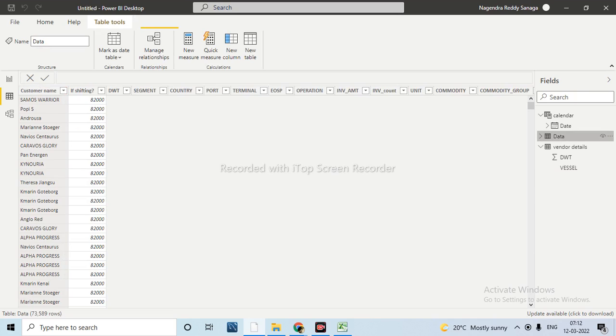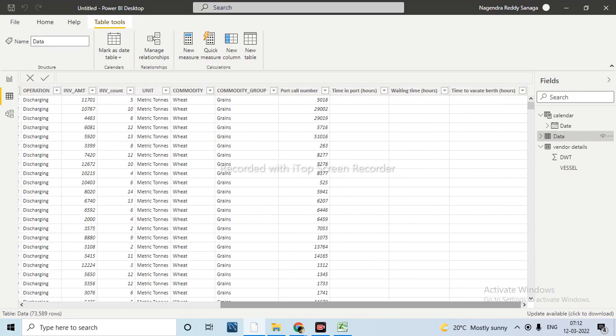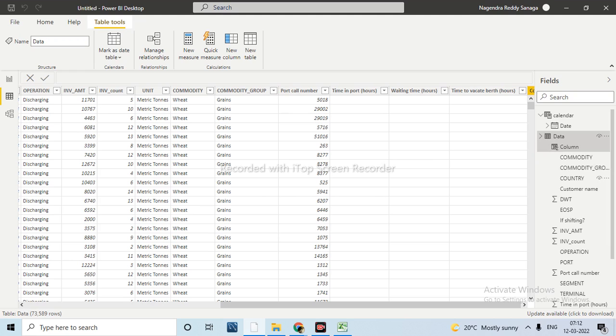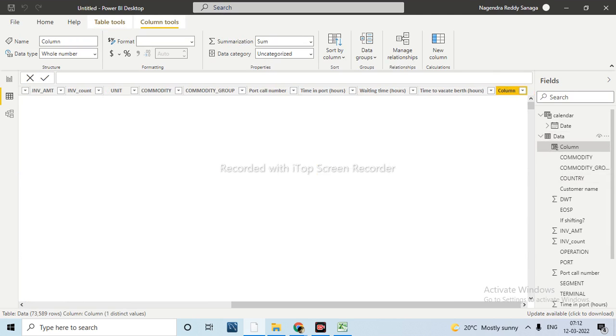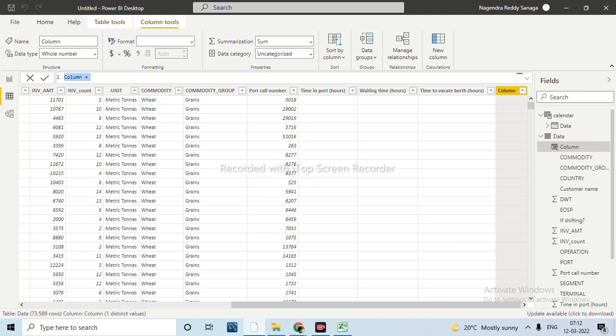Clear? Okay, now I am taking a new column, vessel, here. I will fetch out the vessel name information from there. Normally it should not be like that. In my case, it is not like that. We will not get a real many to many relationship, but here they didn't give the proper information.